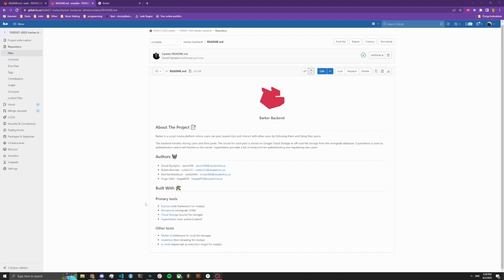Our backend is based on Node.js, and the web framework we used is Express. We also used Mongoose, which is an ODM for MongoDB. And as I mentioned before, Google Cloud Storage for our audio files, and SuperTokens for user authentication. Other tools we used: Multer, a middleware for local file storage, Nodemon for hot reloading Node.js, and ts-node, TypeScript as execution target for Node.js. Yes, so now we will go into a demo of the site,